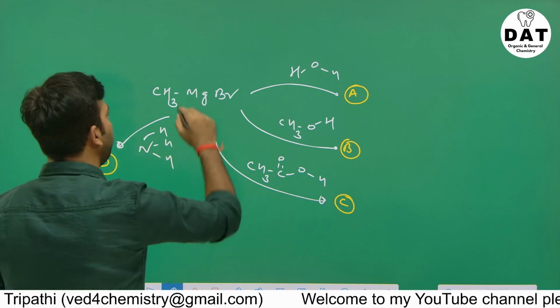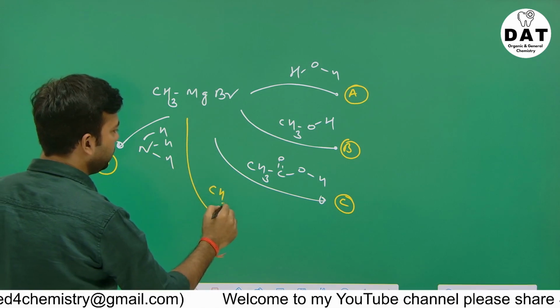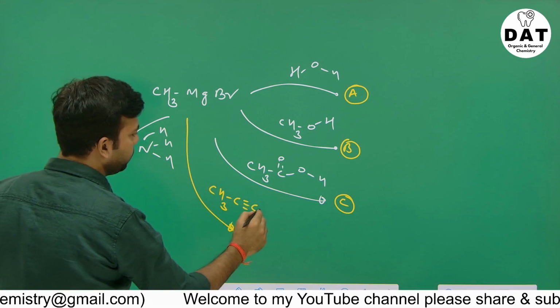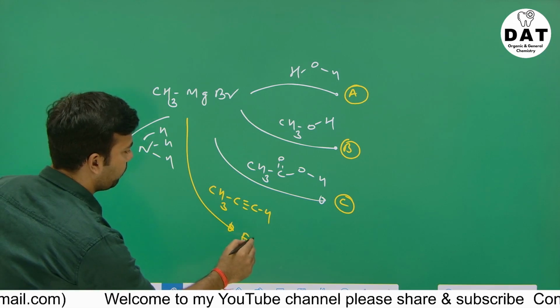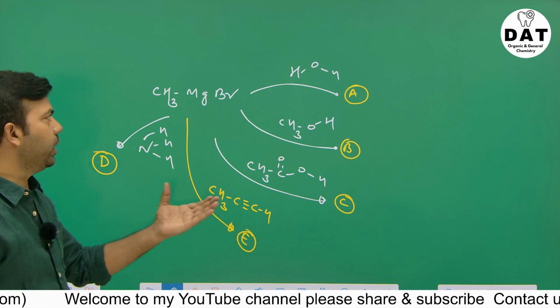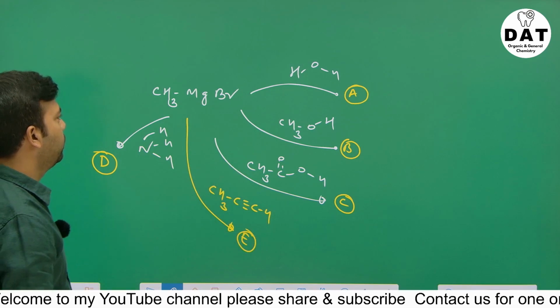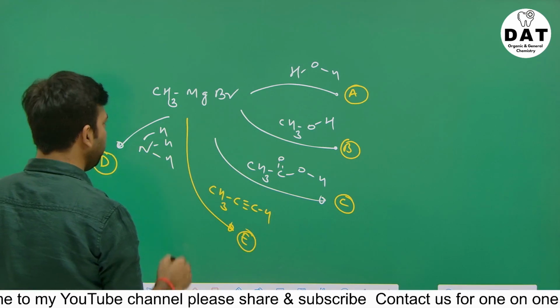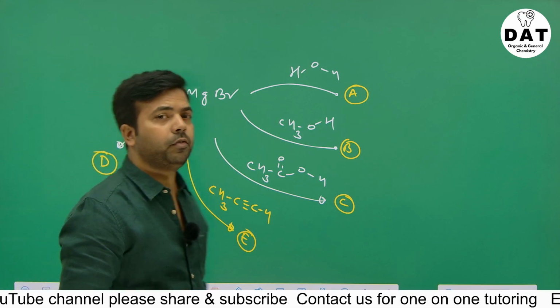Here we can draw another one. Suppose we have CH3 C triple bond H. Clear? And suppose this is E. Now we have to make the structures of the unknown products A, B, C, D and E. So look at here, this is CH3 which is delta negative, and I said that if we have acidic hydrogen,